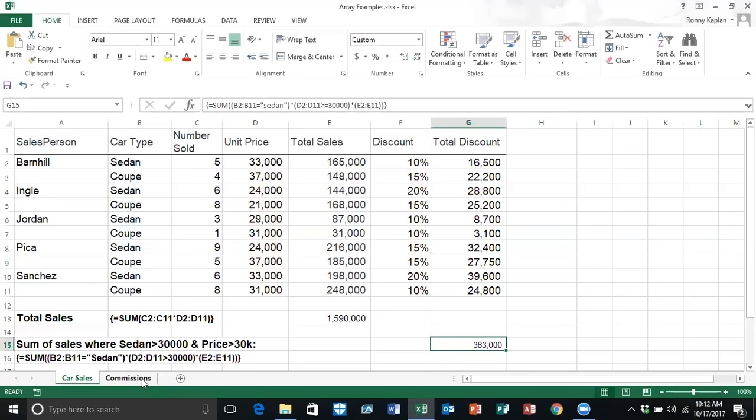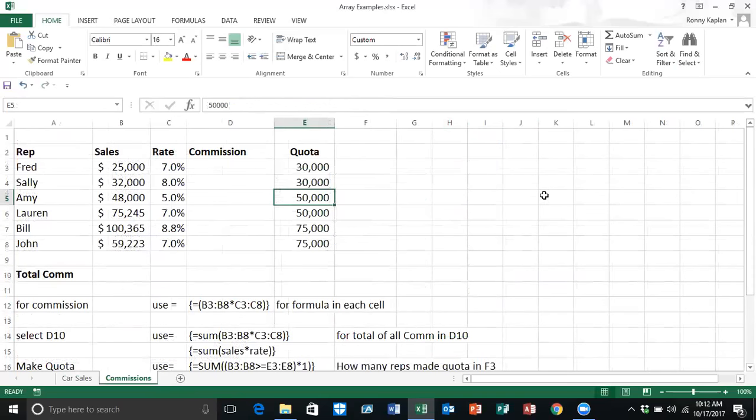Okay, I'm going to do a couple more examples so that you will hopefully have a little better idea of this. So here's another very simple spreadsheet with different reps and how much they sold and at what rate, and we're talking about commissions, and the quotas are already there. We want to figure out their commission, so I'm going to select the commission,